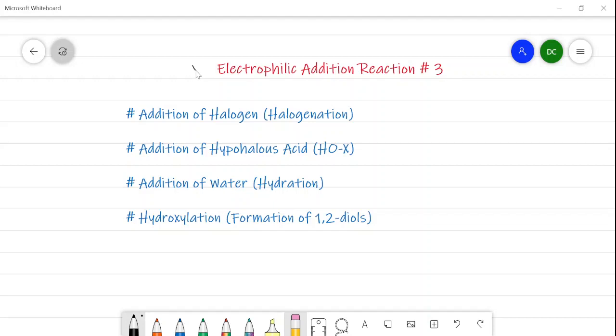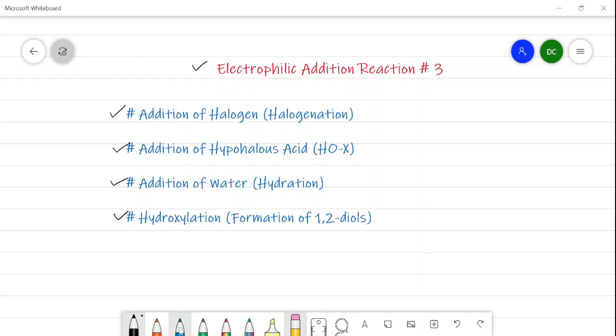Hello friends, so far we have studied the general electrophilic addition reaction as well as the hydrohalogenation in alkene. In this part, we will discuss other electrophilic addition reactions such as addition of halogen, addition of hypohalous acid, addition of water, and the hydroxylation of alkene, in which there is an addition of two OH groups across the carbon